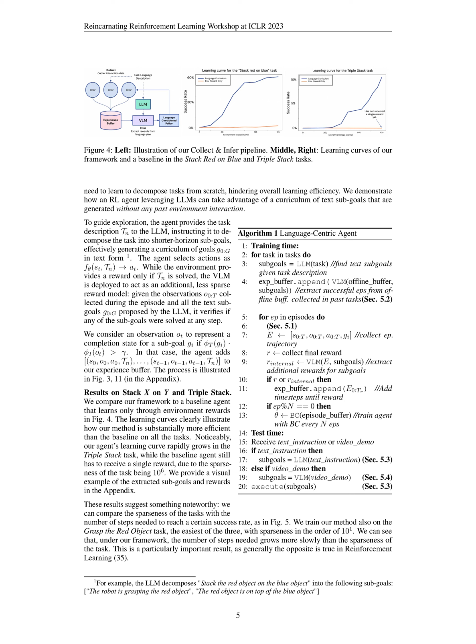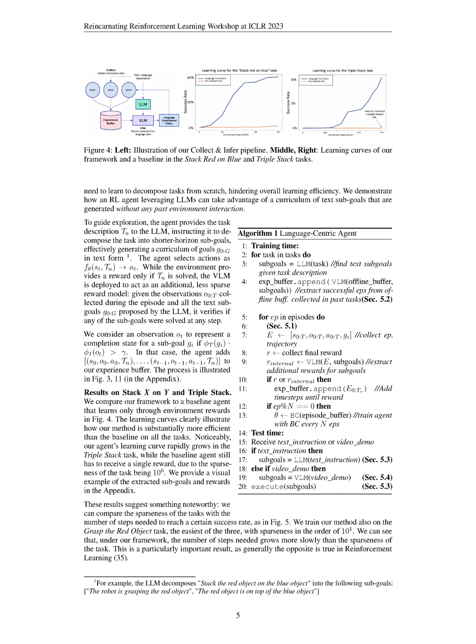Over the years, numerous methods have been developed to explore environments with sparse rewards. Many of these methods suggest breaking down a long-term task into shorter, simpler tasks through a learning plan. However, these methods often need to learn how to break down tasks from scratch, which can slow down the overall learning process. We show how an RL agent using large language models, LLMs, can benefit from a learning plan of text-based subgoals, generated without any previous interaction with the environment.